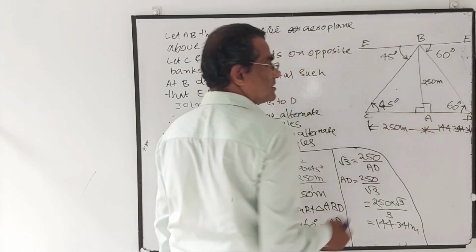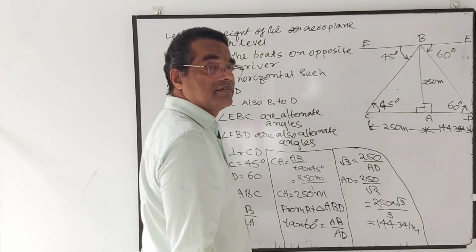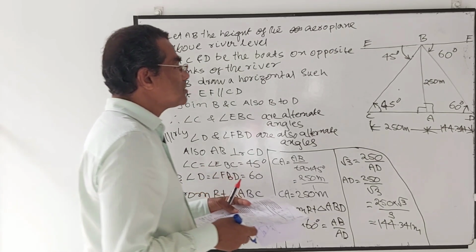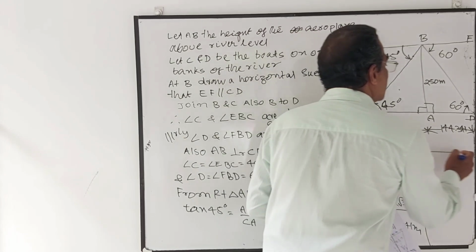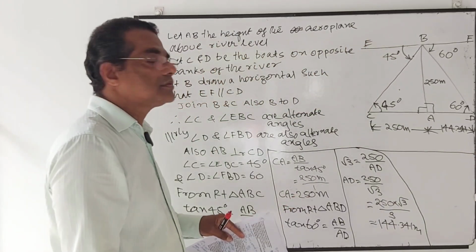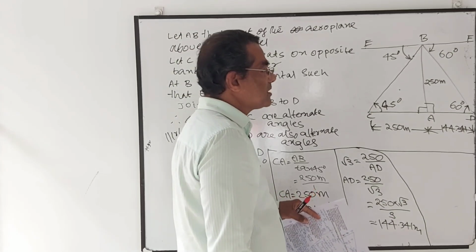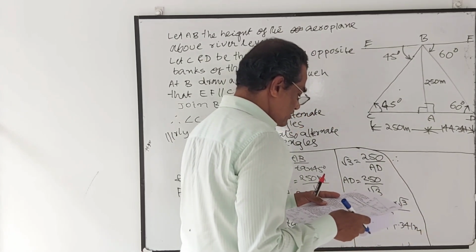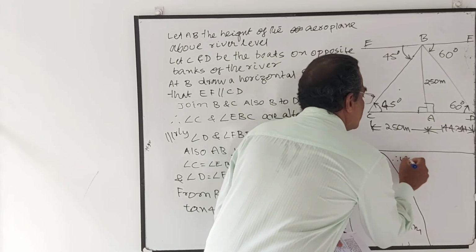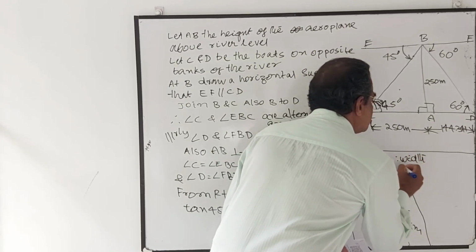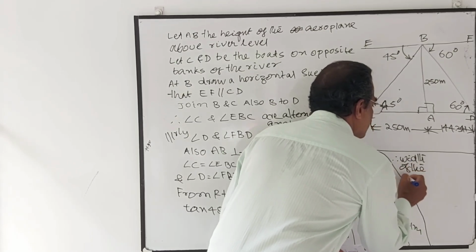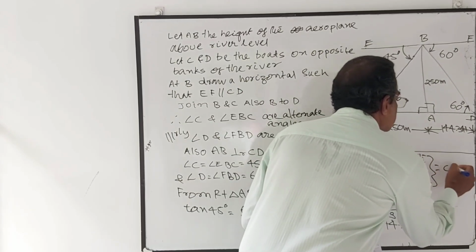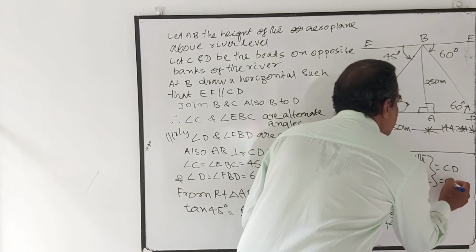Adding these distances, CA plus AD will give the distance between the two boats, and since the boats are on the banks of the river, it is the same as the width of the river. Therefore, we are asked to find out the width of the river. Width of the river equal to CD equal to CA plus AD,